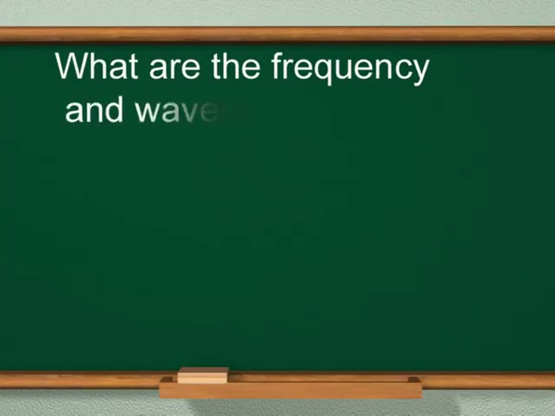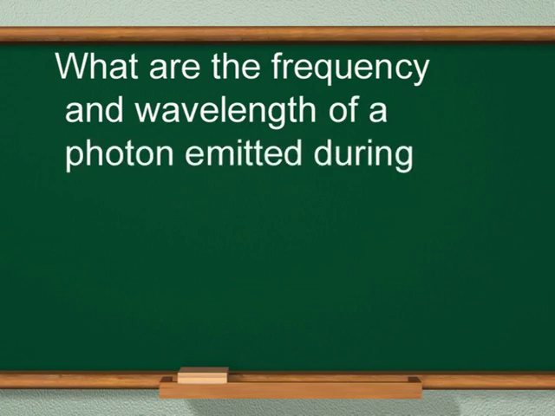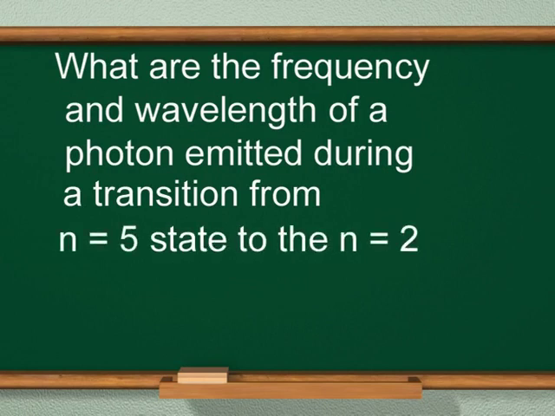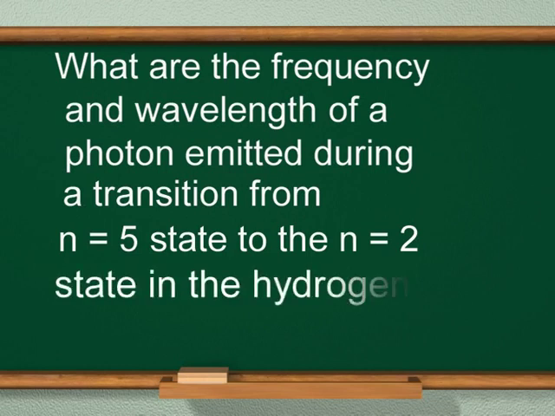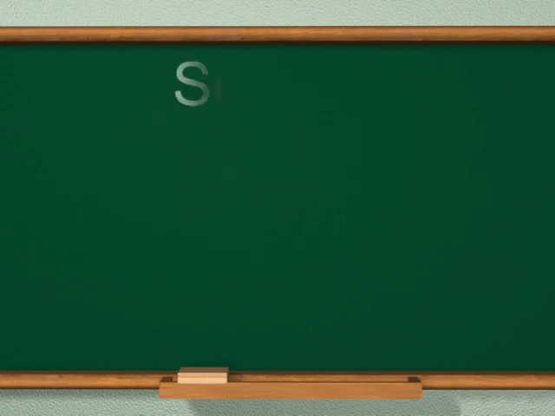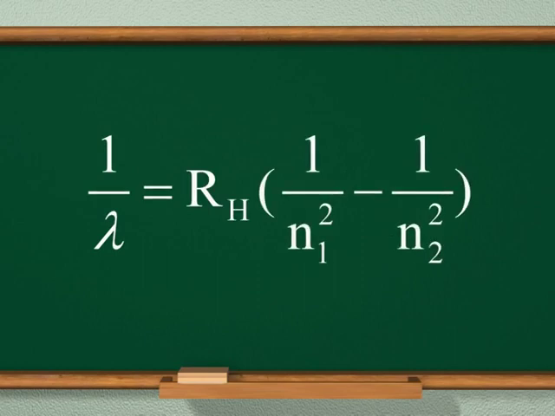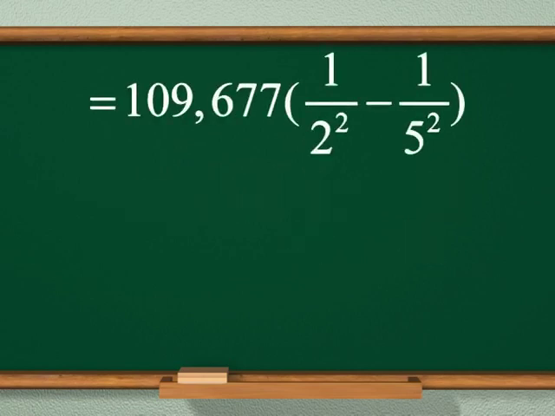What are the frequency and wavelength of a photon emitted during a transition from n equals 5 state to the n equals 2 state in the hydrogen atom? And the solution is, since n2 is equal to 5 and n1 is equal to 2, this transition gives rise to a spectral line in the visible region of the Balmer series. 1 upon lambda is equal to RH into 1 upon n1 square minus 1 upon n2 square. It is equal to